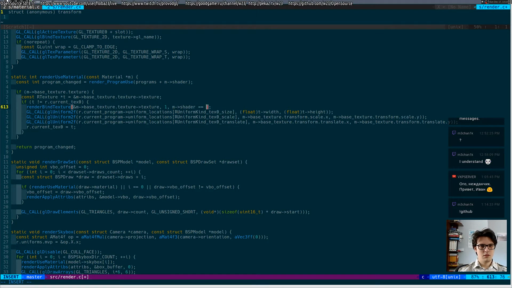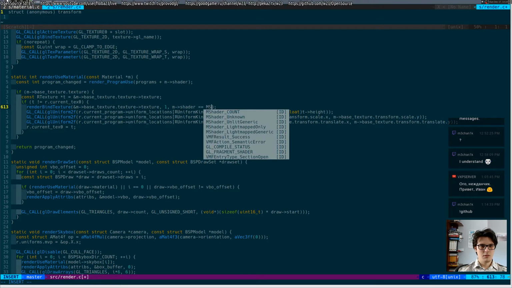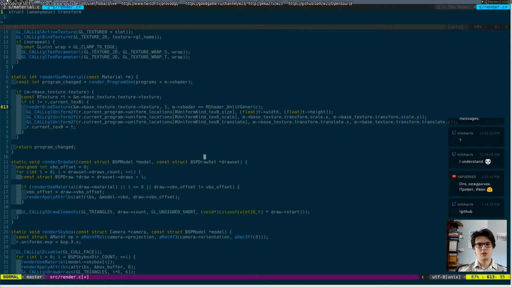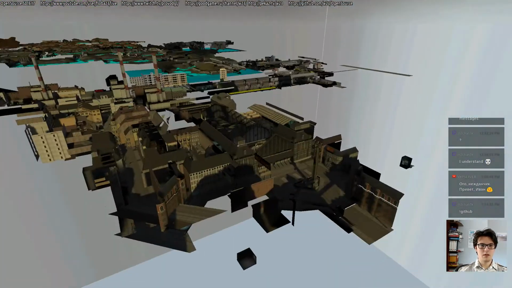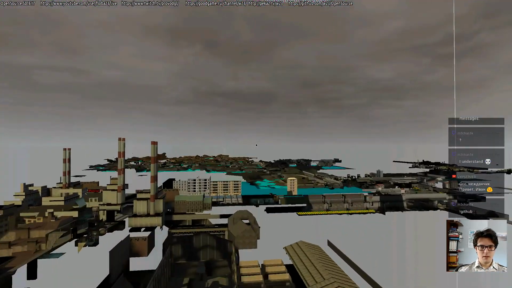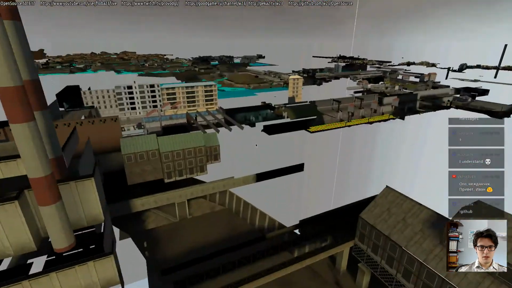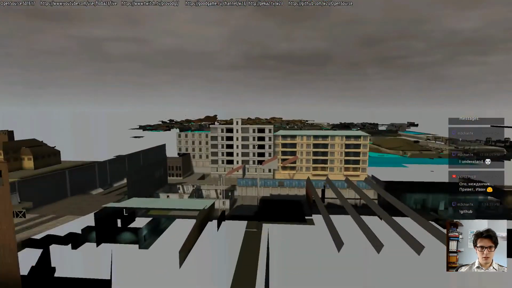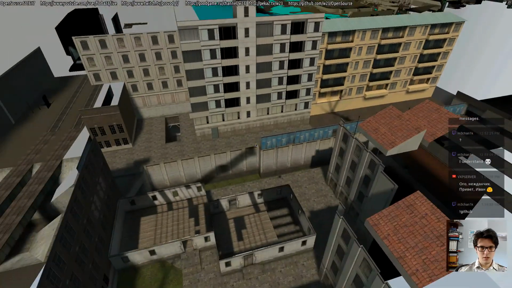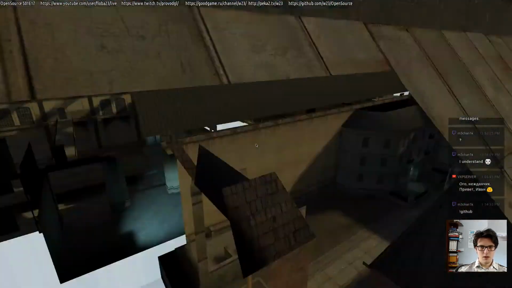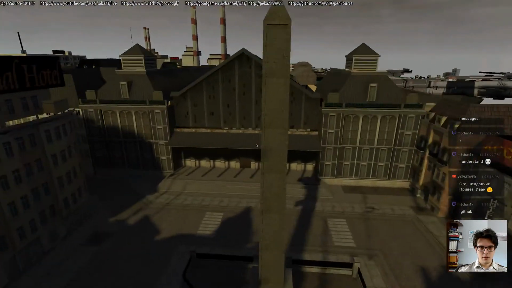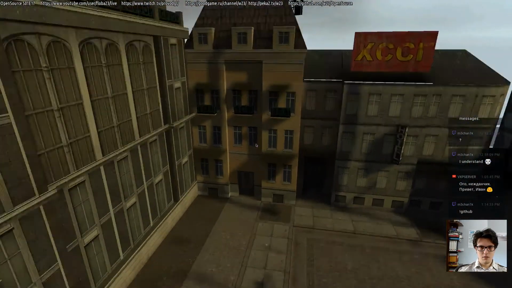Shader equals shader unlit generic. Can I do this quick hack here? Yes, I can. It does seem to work, and I don't see any other mistakes here. Which is interesting. Do I have like other